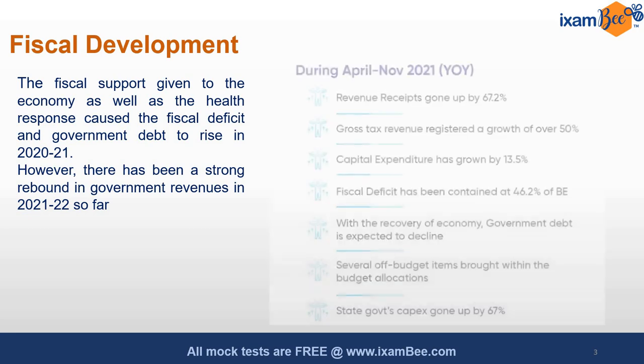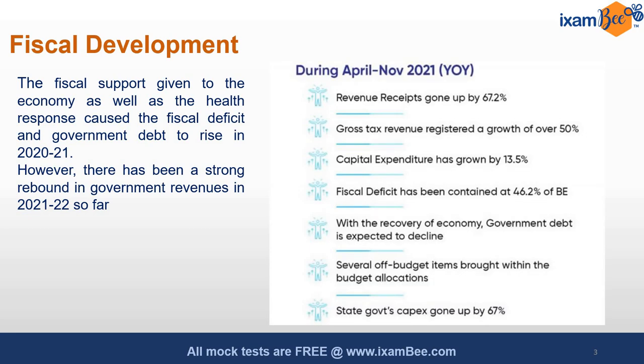So if we look at some of the key points that have been highlighted in the economic survey, it shows that the revenue receipts have gone up by 67.2%. So revenue receipts, if we are talking about the government, these can be tax revenue receipts and non-tax. Right, so tax basically will include your direct taxes like the income tax and the corporate tax, and the indirect taxes like GST. And non-tax revenues are like the dividend incomes and the interest incomes that the government gets,